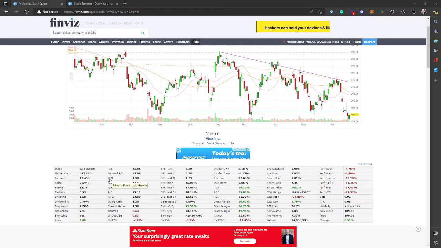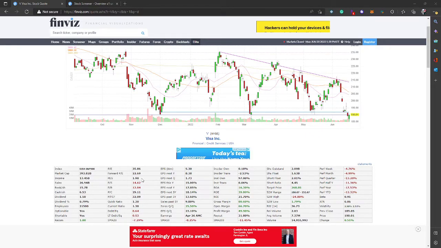So here's the PEG. To calculate the PEG is the PE, which is a 35 number, over the EPS next 5 years, which is the long-term annual growth estimate 5 years into the future. So that's going to be on an average basis. It's not going to grow 18% in 5 years. It's going to grow 18% for the next 5 years. So you're going to go 35, and that's going to be over the 18% here, and you get that 1.98